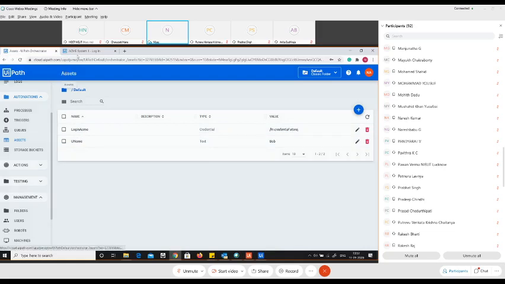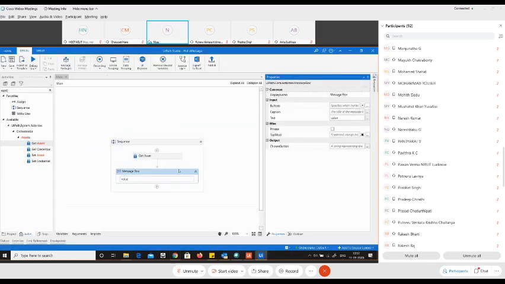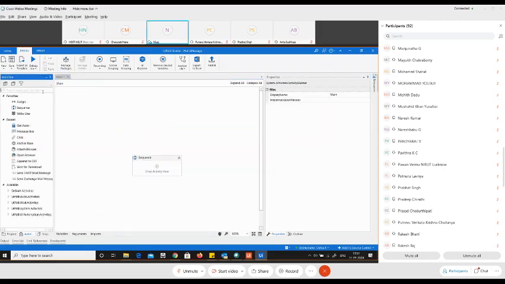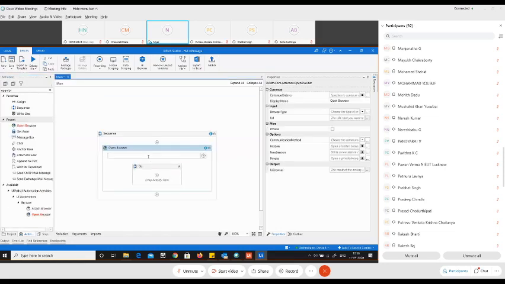So let me quickly go ahead and create a workflow. Say, for example, let me quickly get rid of this and also get rid of this. So I'll use an open browser activity. I hope everybody is clear with this activity called open browser. So drag and drop the open browser activity, and within the double quotes, I'll pass the URL over here.